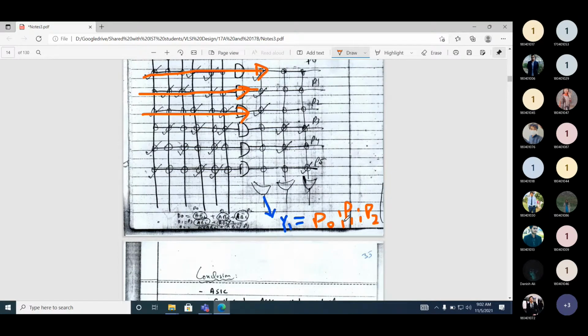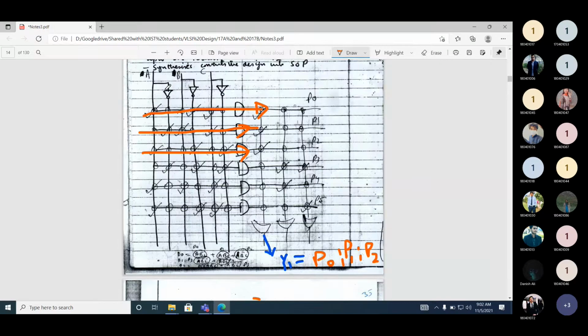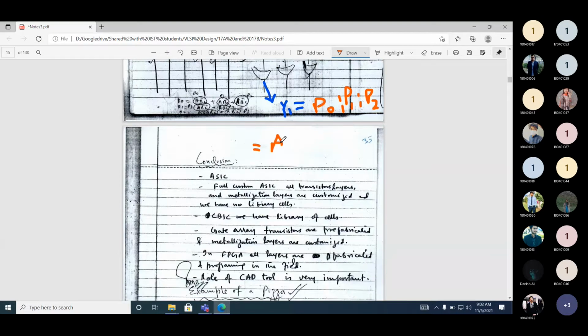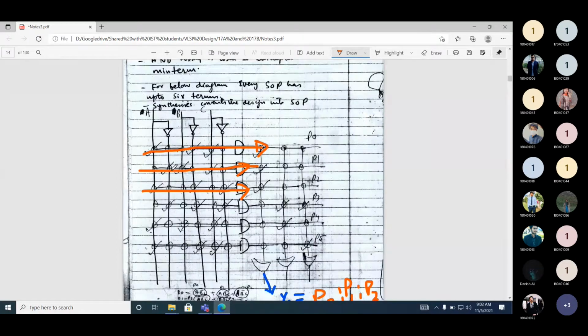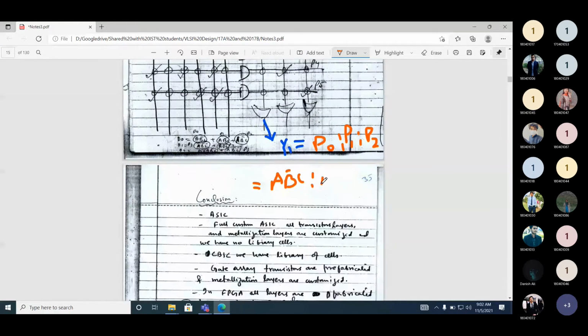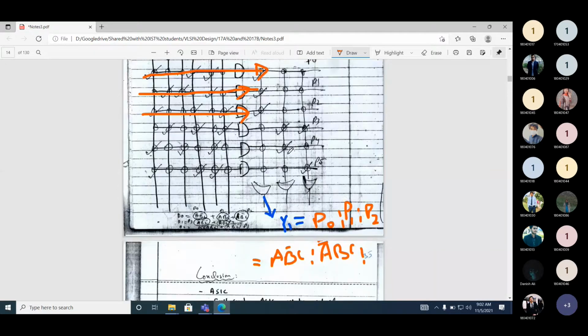What is the value of P0 in this particular example? A B bar C. So P0 is A B bar C, or then A bar B C, and so on. You can have an expression for P2. Similarly, you can derive the expressions for Y2 and Y3.